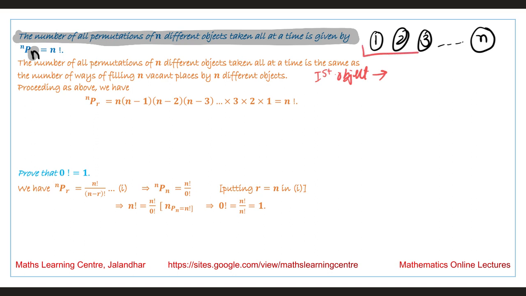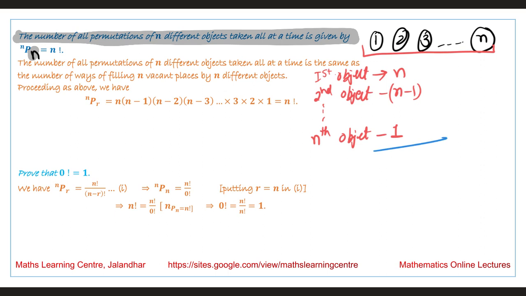the number of options we have is n. When we are choosing the second object, the number of options we have is n minus 1. Continuing in this way, when we are choosing the nth object, all n minus 1 having been chosen, we are left with one option. By using the counting principle of multiplication, the total number of ways we have is nPn,